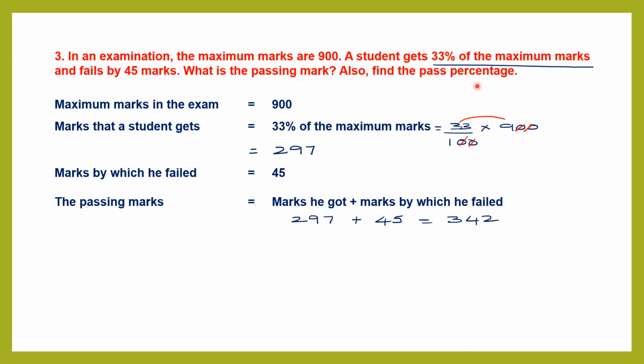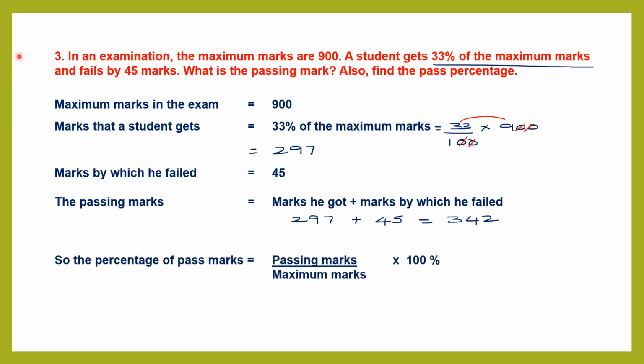Now we have to find the pass percentage. Now how do we find the pass percentage? To find the percentage of pass marks, or the pass percentage, we divide passing marks by maximum marks. So what are the passing marks? 342. And what are the maximum marks? 900. When you divide these two and multiply by 100%, you will get the percentage of pass marks,